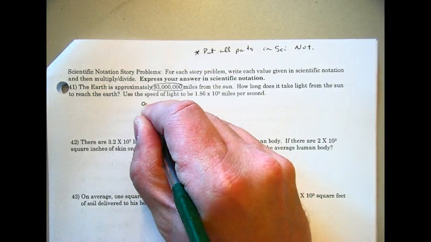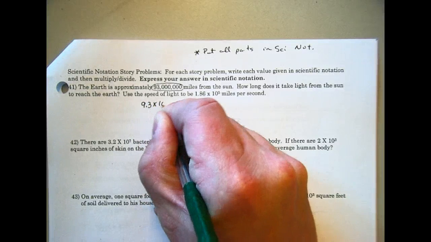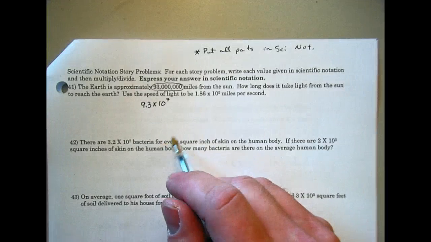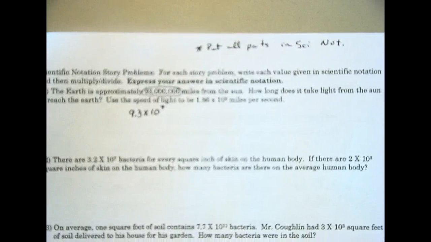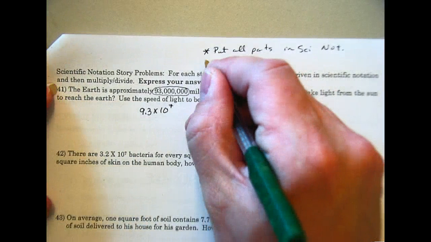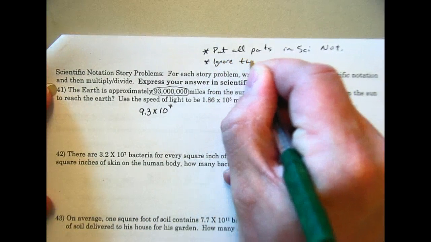Okay, so what is it? 9.3 times 10 to the 7th. Good. So we're 9.3 times 10 to the 7th miles from the Sun. The next thing to do is ignore the times 10 part. For a minute, just ignore the times 10 part